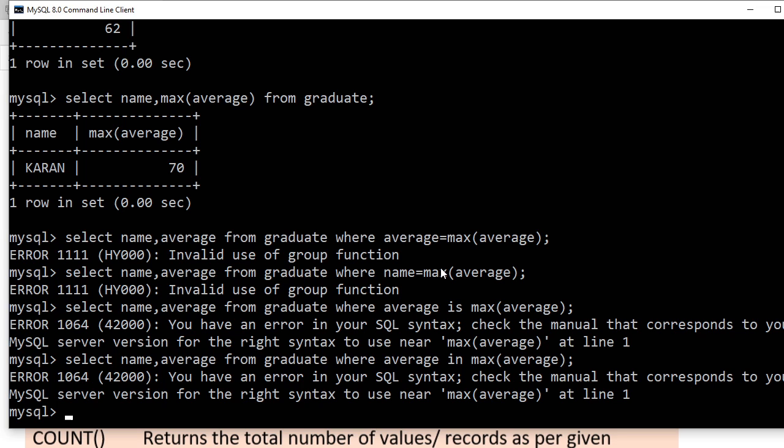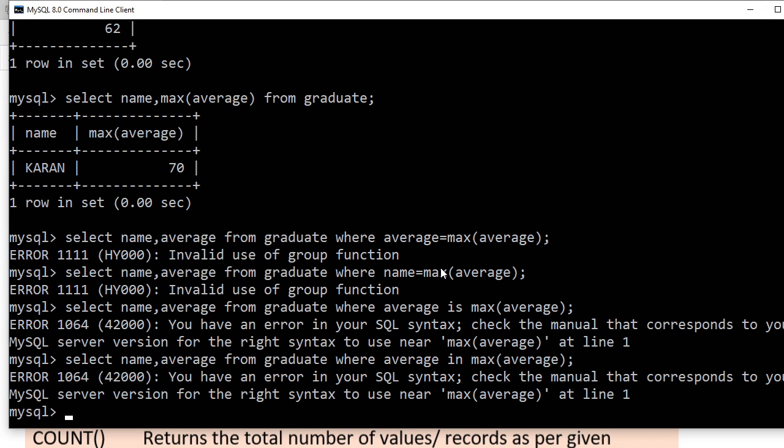Now I'm going to show you the correct way of writing this. Max average, again I'm telling you, is a group function, an aggregate function. It finds a result from multiple tuples, and to go through multiple tuples you should have a proper select statement for each query.